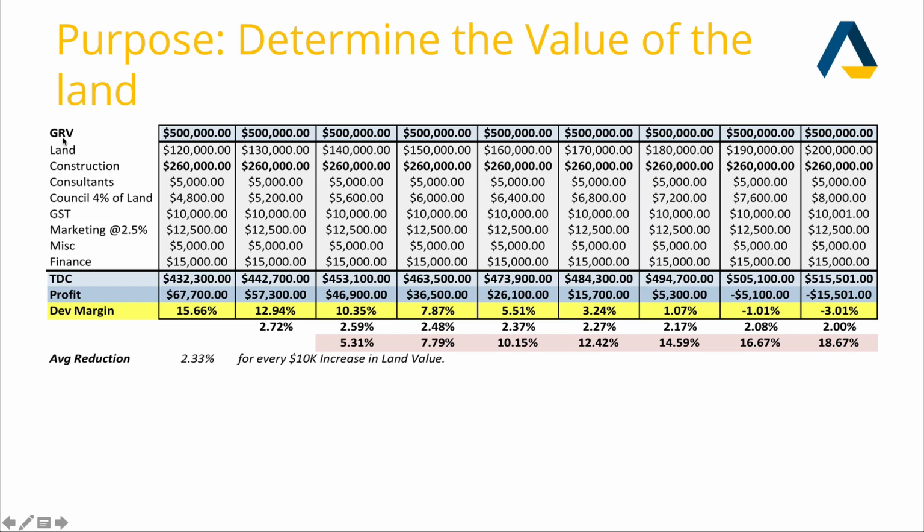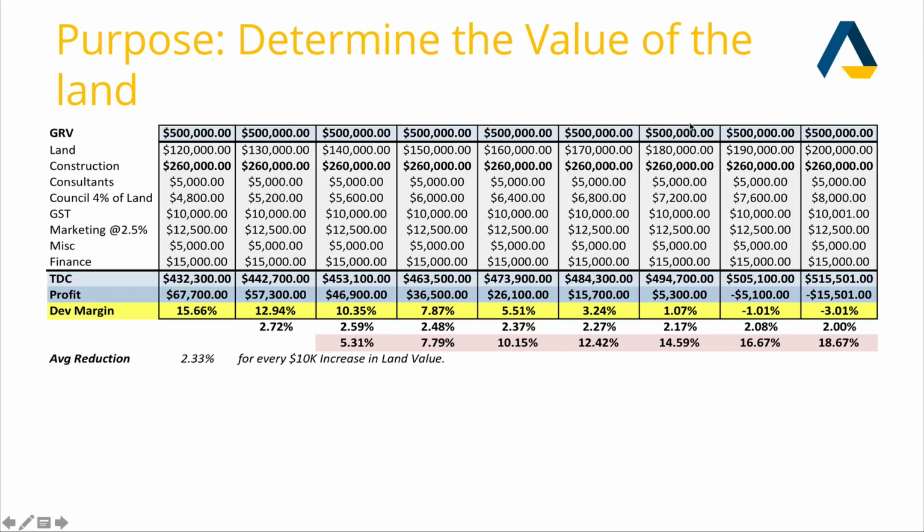So what I'm trying to explain to you in this example is this. Your GRV, which is the end value of anything, if you've studied economics, the end value or the market value is determined by the forces of demand and supply. So that's already set. It's not that you set those prices. It's already set in the market. So let's say you're developing in a suburb, and that suburb has, I don't know, a 3-bedroom townhouse that sells for $500,000, and so that's already set in the sense that no matter where you are developing in that area, the market value of a